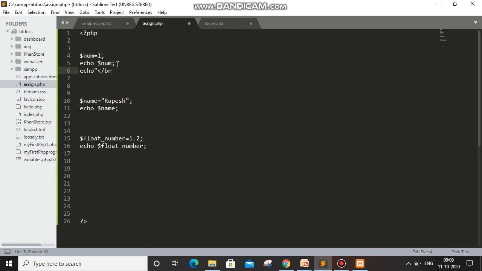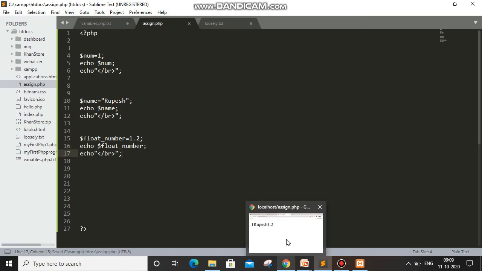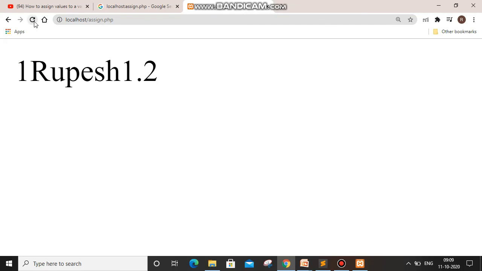This tag will provide a new line for every value, and we will copy this code as we have to paste it 3 times. Control C, I will enter here, Control V, I will enter here, and Control V, and I will save it, come here and refresh. You can see that the lines are now separated, whereas earlier all were printed in a single line.